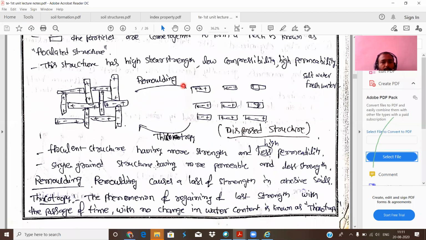Next one, remolding. What is meant by remolding? Remolding is the cause of loss of strength in cohesive soil. I will give you an explanation. Remolding is the loss of strength. For example,